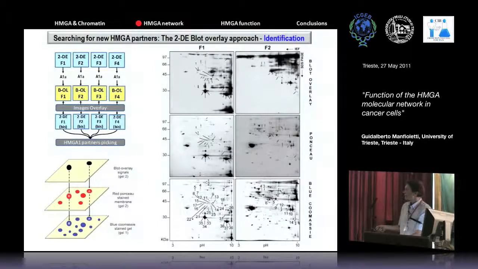So the idea is essentially that from the autoradiography, you can go back to the red Ponceau stained membrane, and you can identify the spots on a gel that has been run in parallel and has been stained with Coomassie or silver staining. Then the protein is identified through mass spectrometry. Using this approach, we have identified, for example, 60 spots in the F1 fraction, and we have done the same